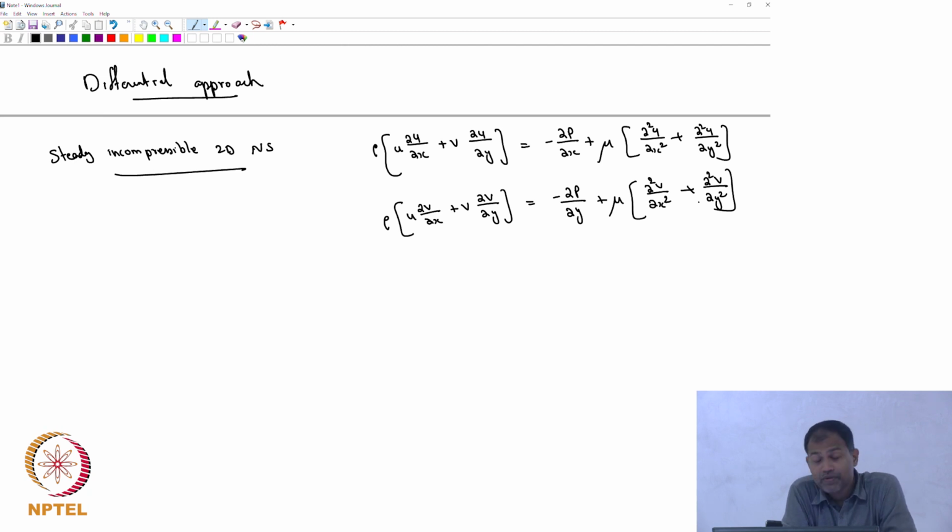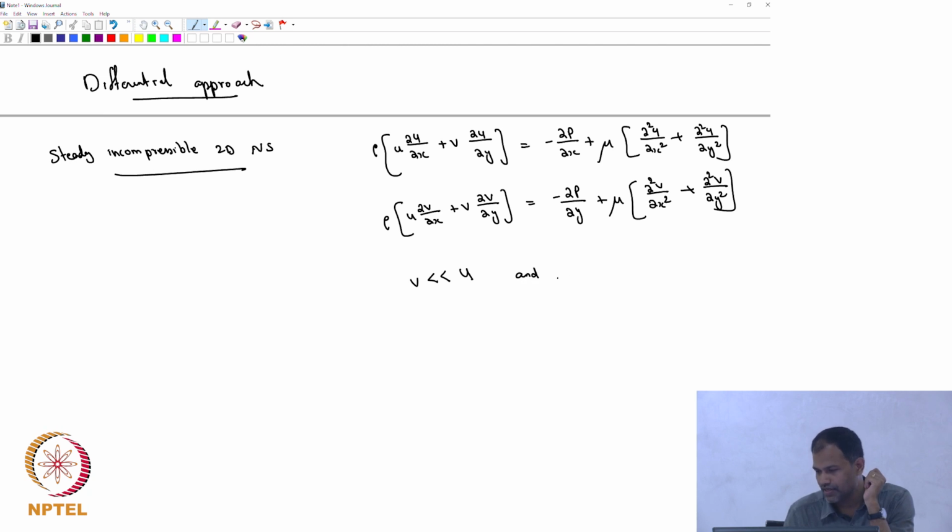Okay, I'm going to make some assumptions, which are based on the fact that if you go to higher and higher Reynolds number, the boundary layer is supposed to be very thin. It's going to get smaller and smaller. And also you know that the largest velocity is in the u direction. In other words, the v velocity is going to be much smaller than u.